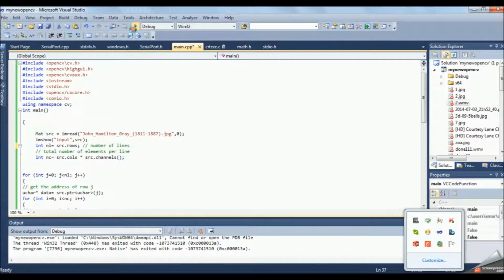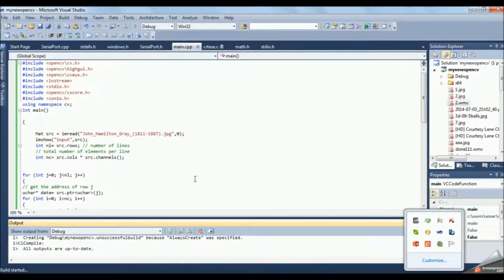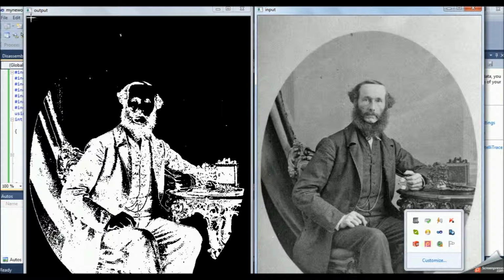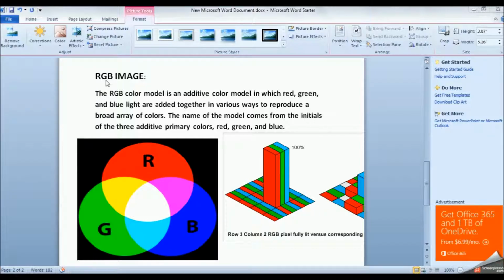So this will be the output. In this image, processing will start from this pixel and go like this, and whichever pixel lies between 50 to 120 will become white, and every other pixel will become black.